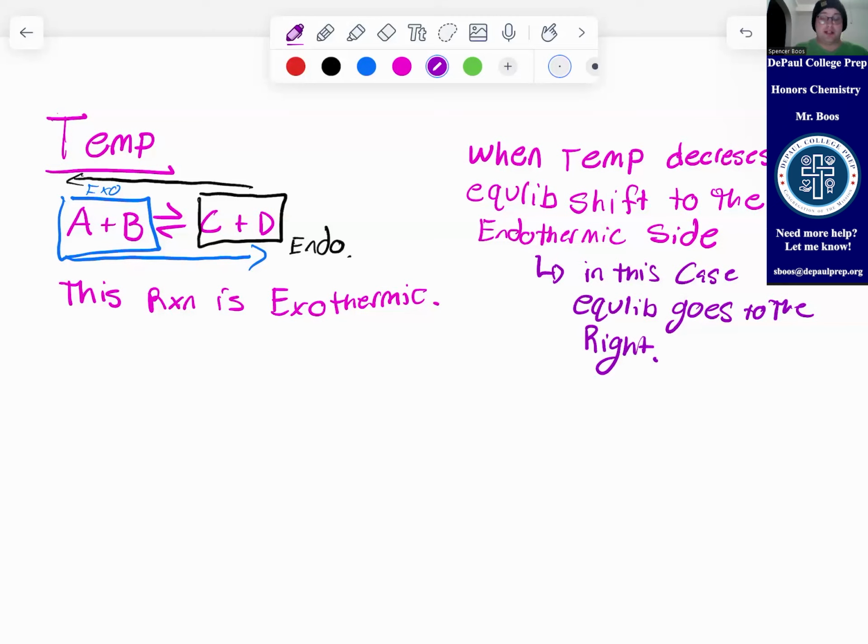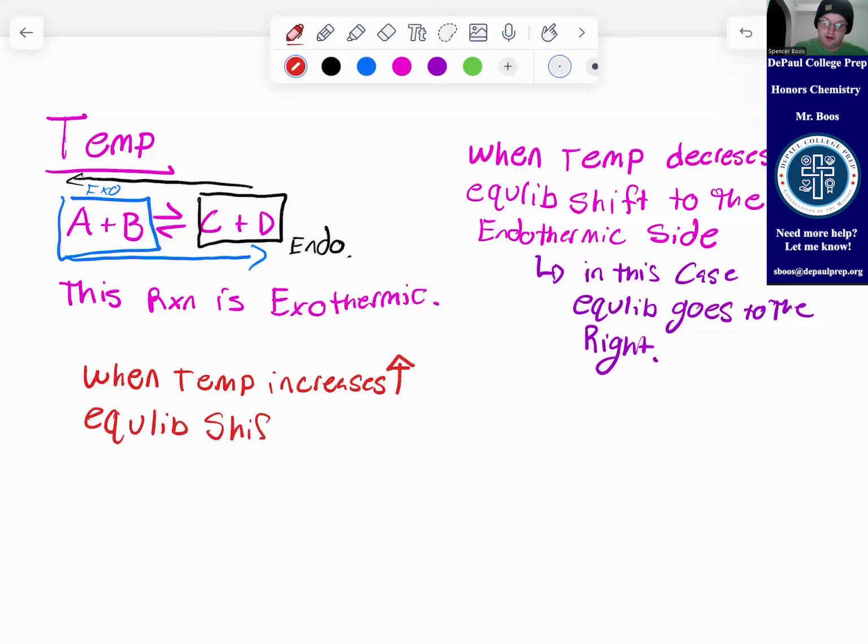With exothermic, on the other hand, we will use red. When temp increases, or goes up, equilibrium shifts to the exothermic